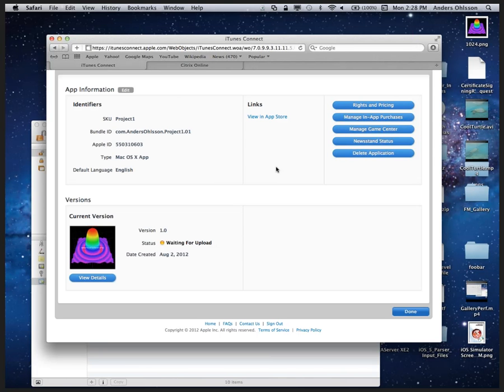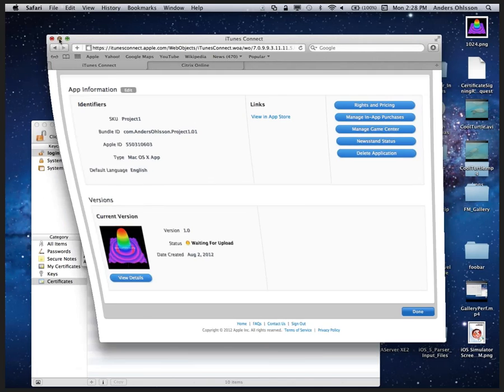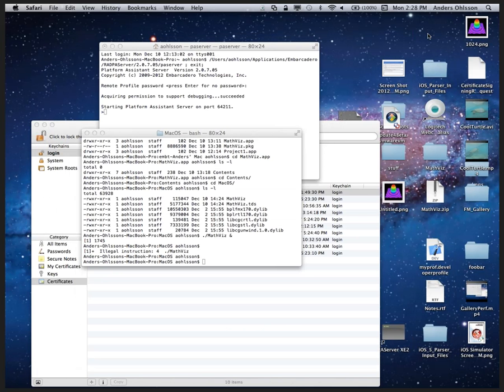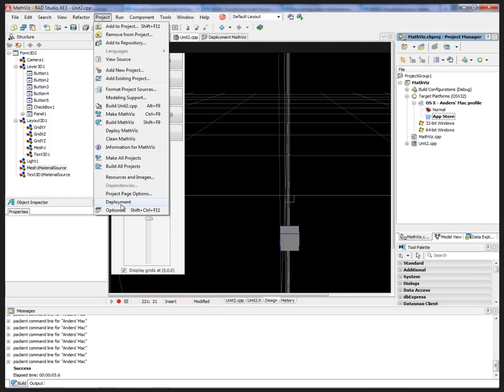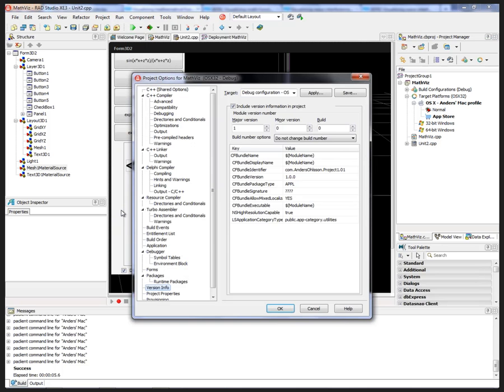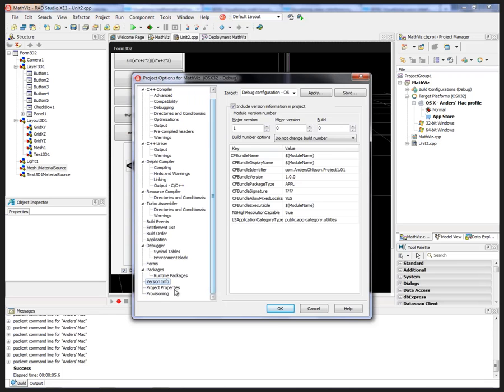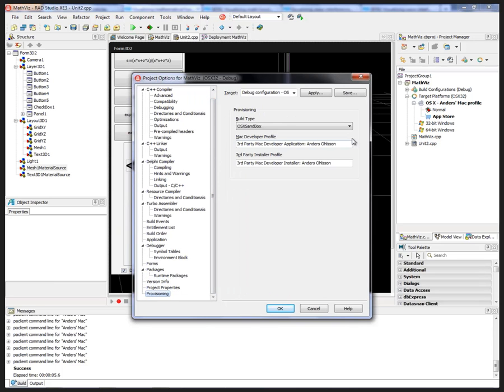The next step that you have to do now, the rest is done from the Mac, from the desktop. So then what we have to do is specify all of these things. So under project options, we have a couple of different things that are necessary. Under the provisioning tab, these are blank by default. Mac developer profile and third-party installer profile. These are blank by default. These will match